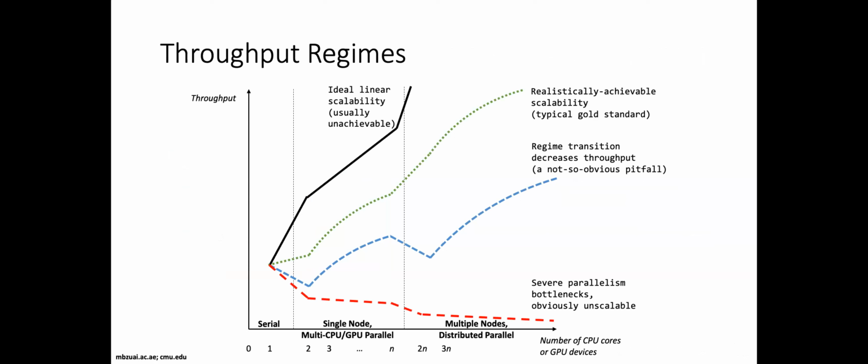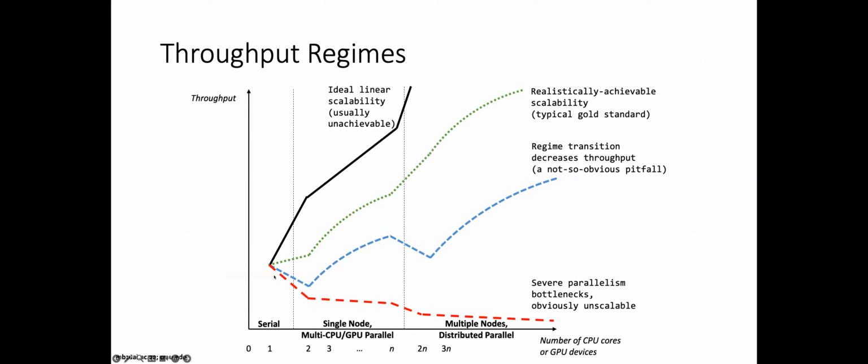Okay, and then basically what this means is that in an ideal world, you get this black scaling line going from single CPU or GPU to multiple CPUs or GPUs in a single machine to multiple nodes distributed parallel. Ideally, we want to see this line. The line is actually linear, but it's shaped this way because the scale is a little bit different on the x-axis here. But this is basically linear scalability. In practice, you never get that. There's a drop in